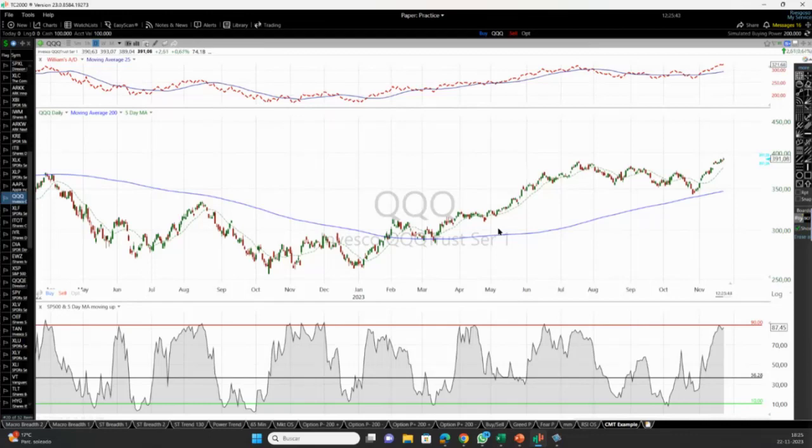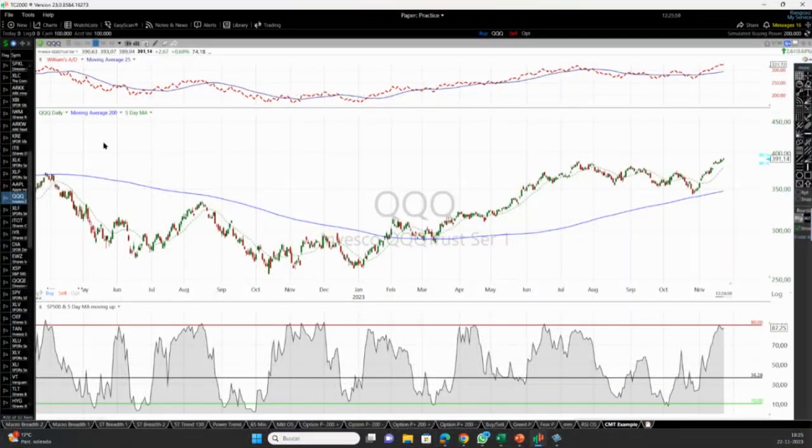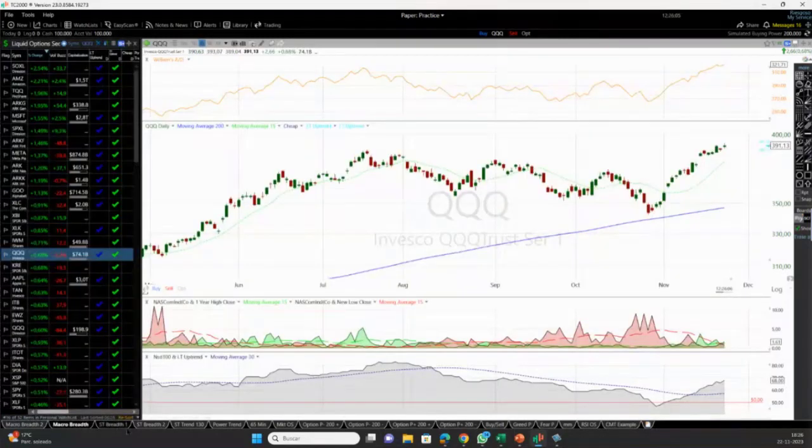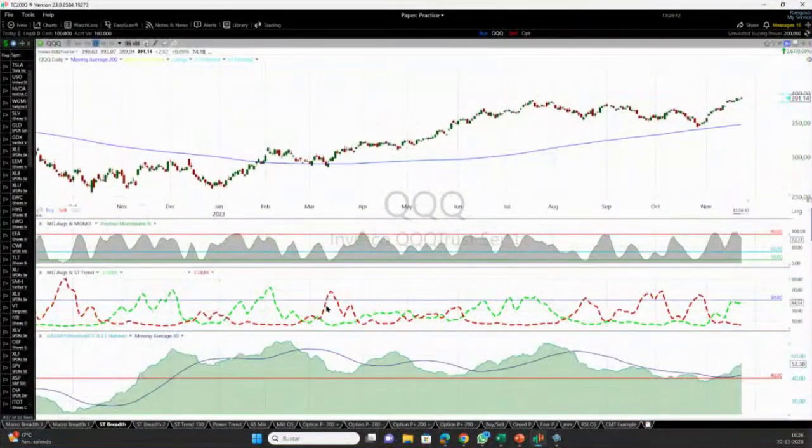So with my breadth studies, I want to gauge what is the short-term trend, the medium-term trend, and the long-term trend, plus the mean reversion signals. So applying this kind of thinking to the Williams and to the 200-day moving average, I'm going to skip here. Sorry, this one. So what do we have here? Here is a polished version of what I was showing you.